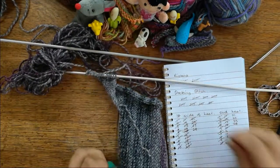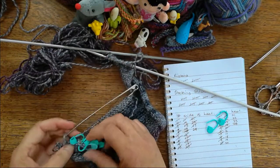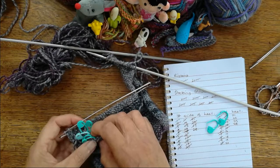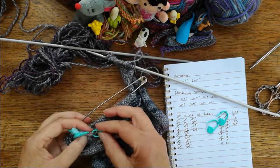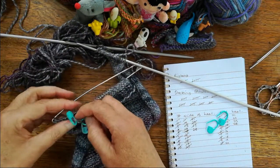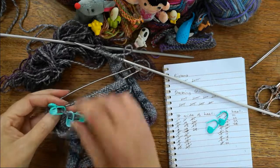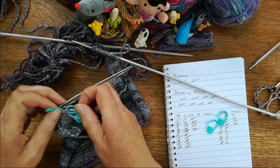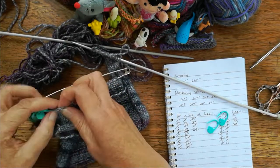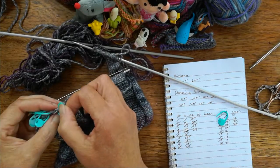Now, something which I've done when we did the first side of the heel is where I've got all the slip stitches. If you remember, we did a purl-wise slip stitch on the odd numbered rows. I've just put a little marker into each of those stitches, if you can see. This will make it a lot easier when we come to construct our sock, as it were, in a little while. So 1 slip stitch, 2, 3, 4, 5, and it's easier to do this from the purl side because you can see there's a slip stitch there. So mark that one,